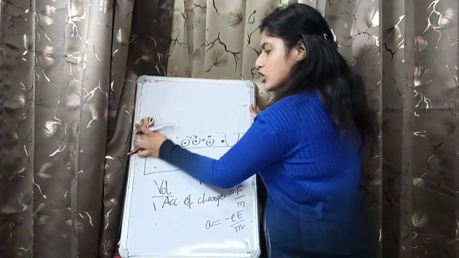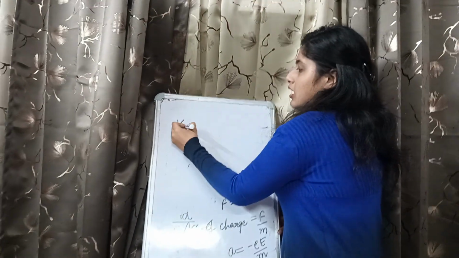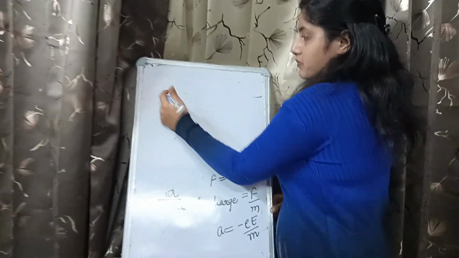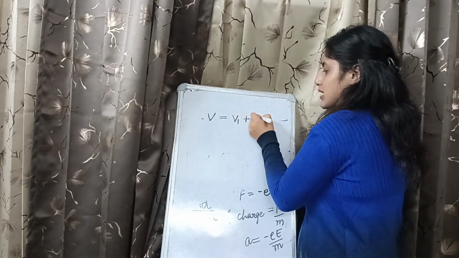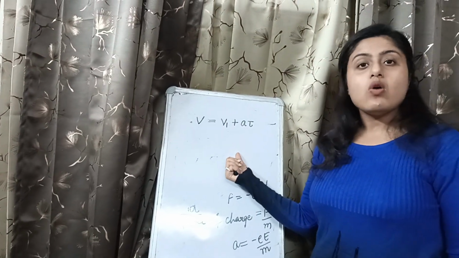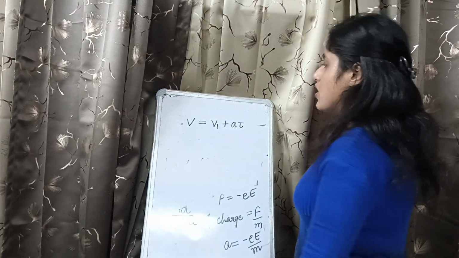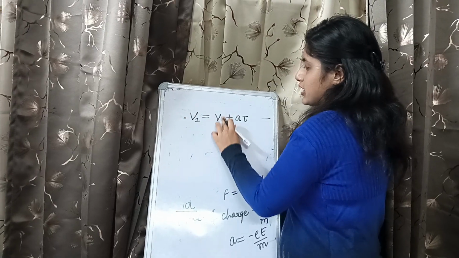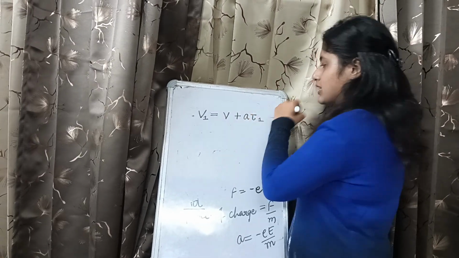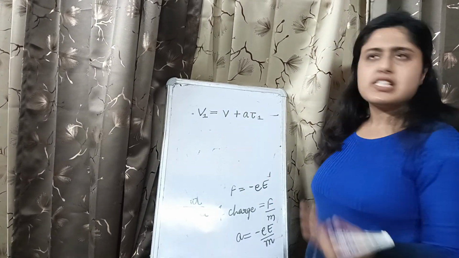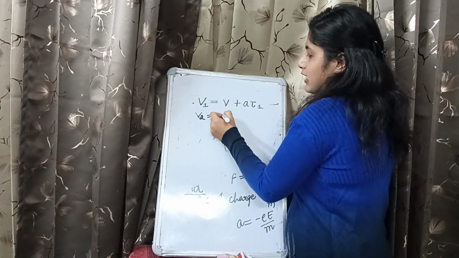Now there are lots of electrons moving inside the conductor. The final velocity of an electron will be given by the initial velocity plus acceleration into the relaxation time. This tau is the term used for the relaxation time. Let's say this is v1, the velocity, and this is the initial velocity of the electron, and tau1 is the relaxation time. They will be facing the same acceleration, the masses are the same, everything is the same. Now in the case of the second electron,